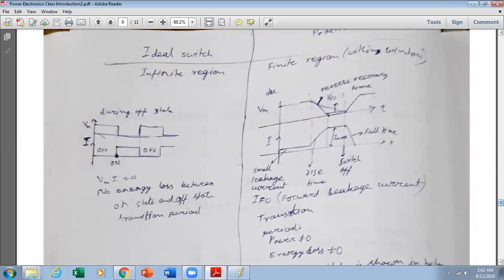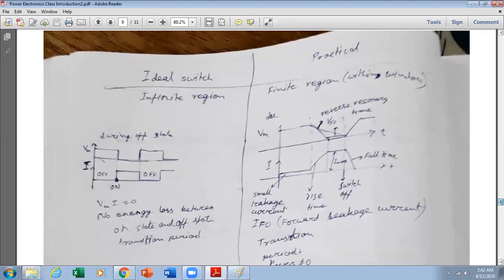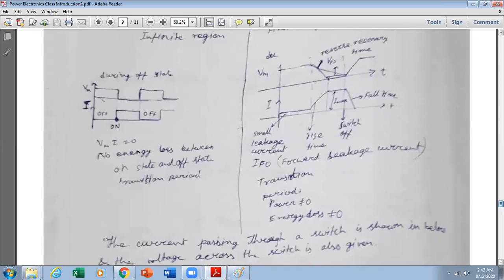Now we will discuss the ideal switch and practical switch. Ideal switch, as you all know, as we have already discussed, has infinite region. Now the practical switch has finite region. And during the off state, what will happen for the practical switch? During the off state, this is on state, this is off state, this is